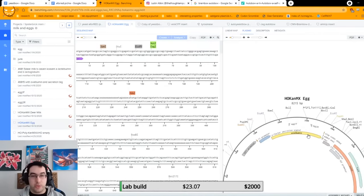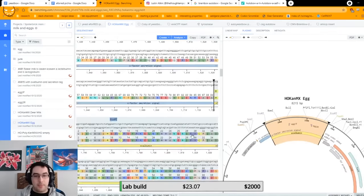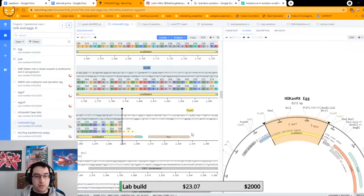So in order to actually use this properly, I need to stick a tag on here so it's easy to extract and purify, which was not what I did originally. So the egg plasmid will probably be up for sale at some point, but one of the things that I'm going to do today is fix this. What would have been smart, which I did not do, is if I added a special tag on the end of this protein that will stick to a specific